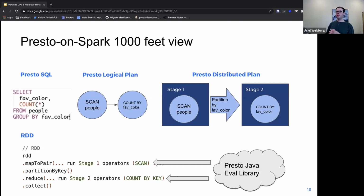Presto on Spark uses Spark's RDD API to describe the logical Presto plan to Spark and then embeds Presto as a library to run each node in the plan. Spark provides scheduling for Presto's evaluation on its own pool of hardware and handles fault tolerance. It also takes care of shuffling between stages, so exchange. And it uses a model that is similar to Presto Unlimited, but more robust, as you can plug in a shuffle service or use Spark's native shuffle